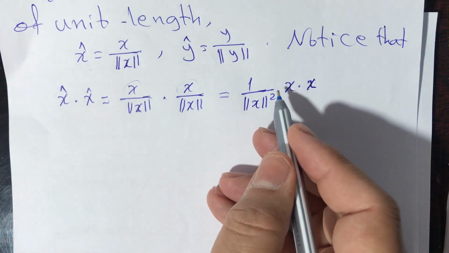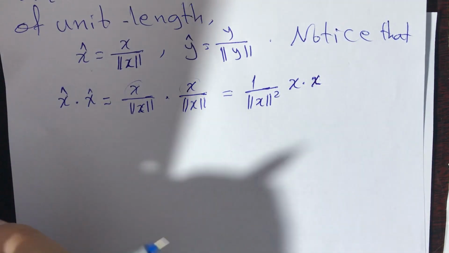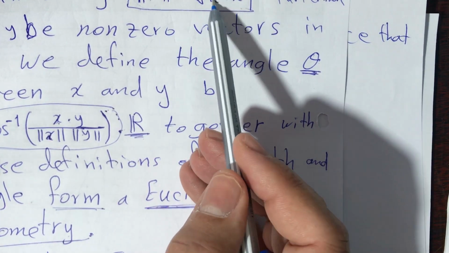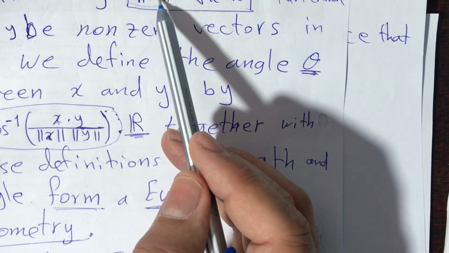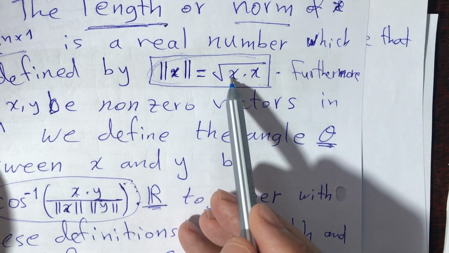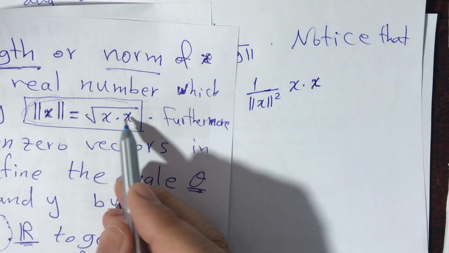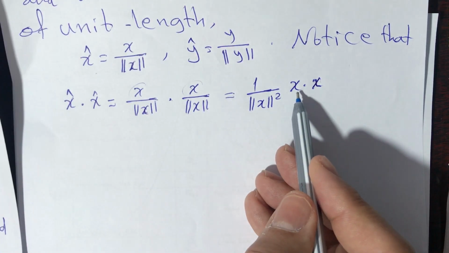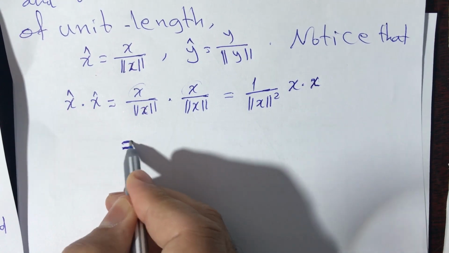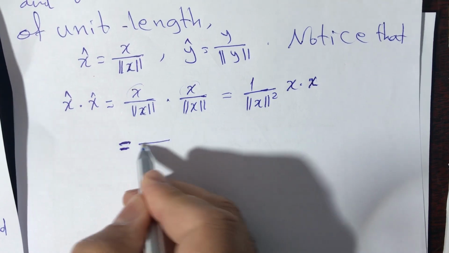We take the second definition of norm: norm x is equal to root of x dot x, and we can put it here. This will be equal to 1 over